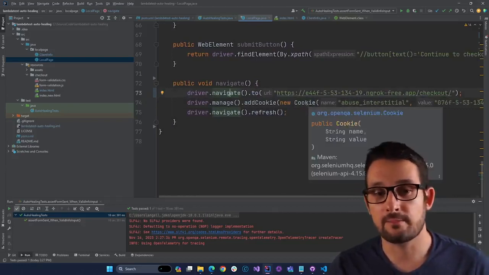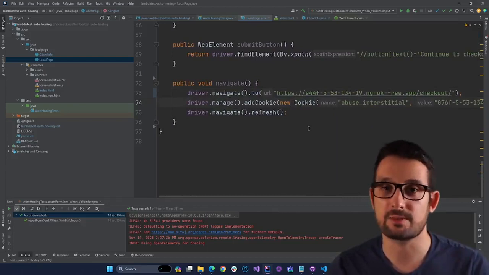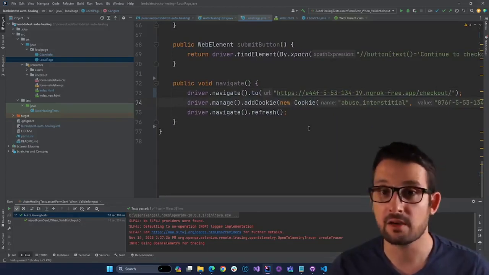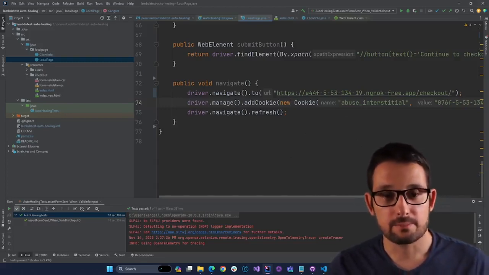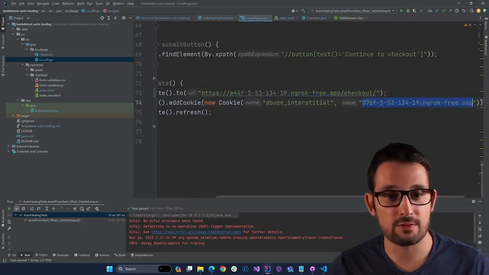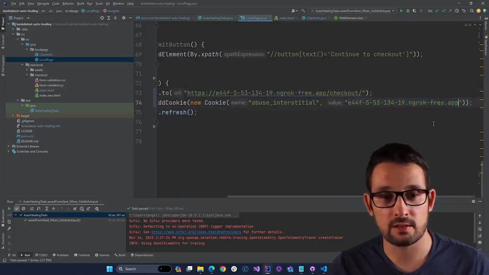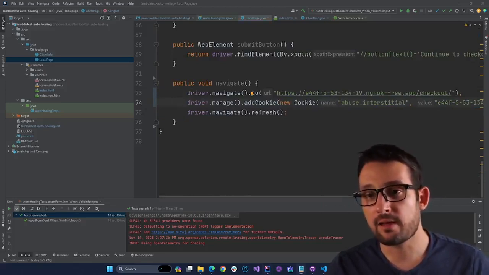Initially, if we don't set this cookie, we need to click a particular warning that this website is safe. And it's safe because we are using it. Basically, the value of the cookie is actually the auto-generated domain, and after that we have one